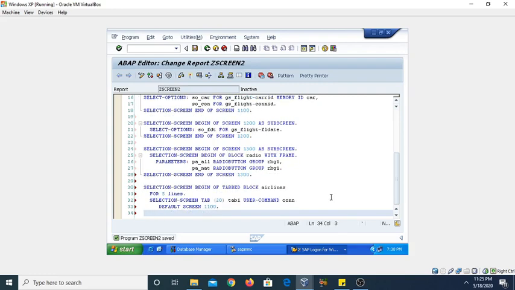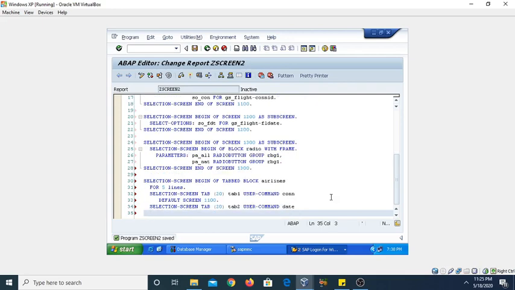Similarly, we can use the selection screen tab, another tab we are going to create with the same size of characters for the tab name, then tab 2 user command, giving here the date, and default screen is our 1200. As you can see, the 1200 screen is showing our flight date, so we have given the name date.